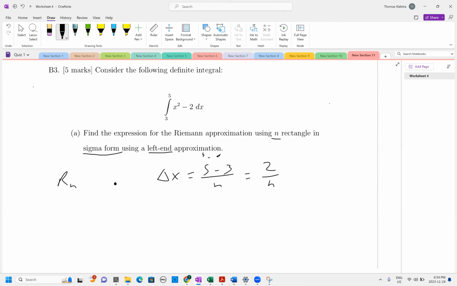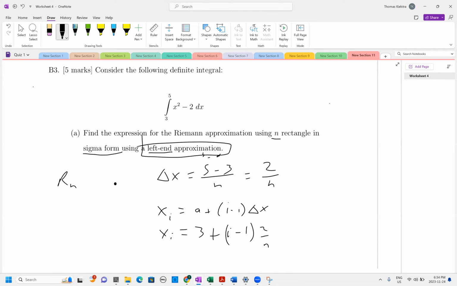Now we're calculating our xi's, and we're going to be using left-hand approximation for our xi's. So because we're using our left-hand approximation, xi is equal to a plus i minus 1 delta x, which is equal to 3 plus i minus 1 times 2 over n,